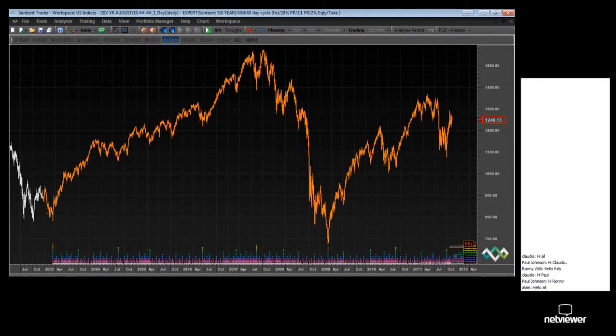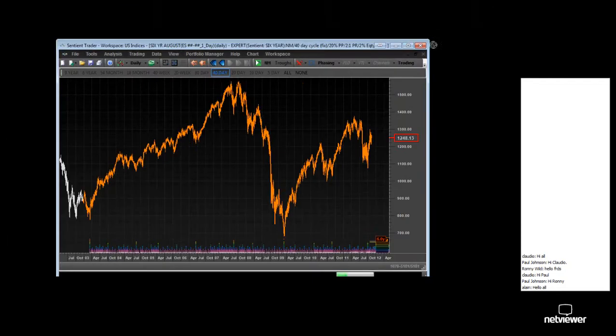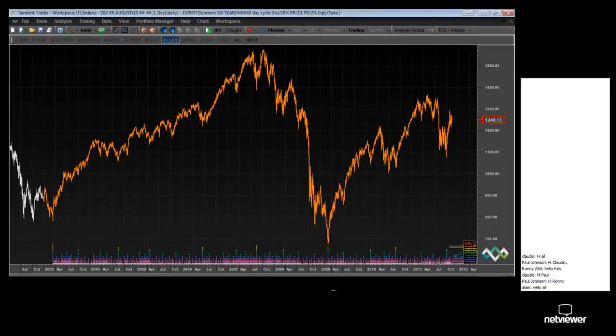And which of those three troughs is, in fact, really the trough of the 4.5-year cycle. Now, I have set the analysis period for Sentient Trader to be in late 2002, which forces Sentient Trader to choose the trough in March. If I didn't do that, and if I changed the analysis period to over here,